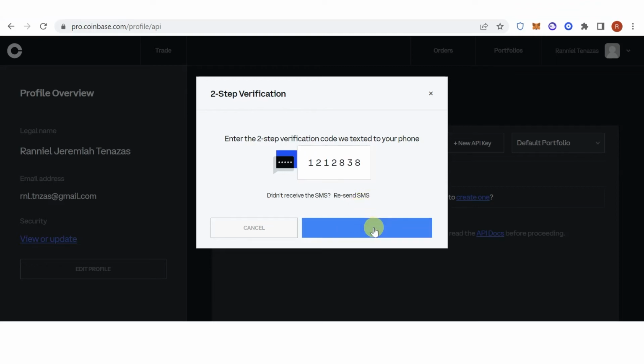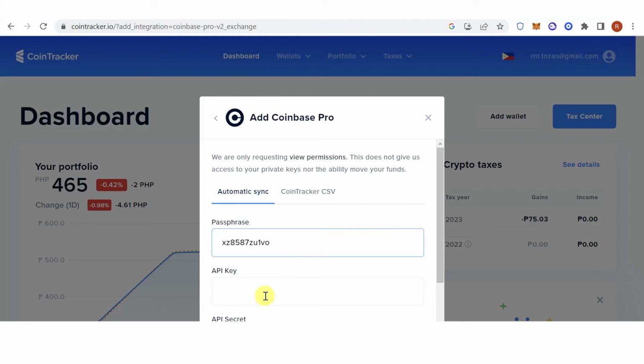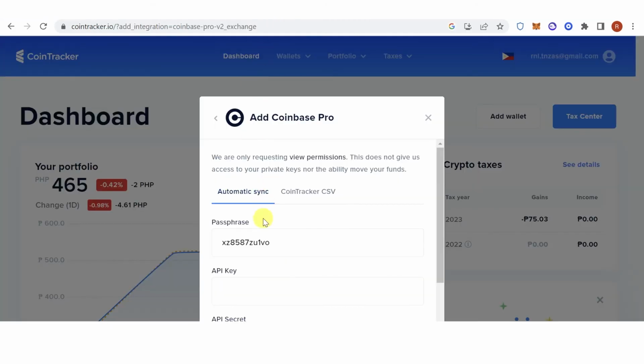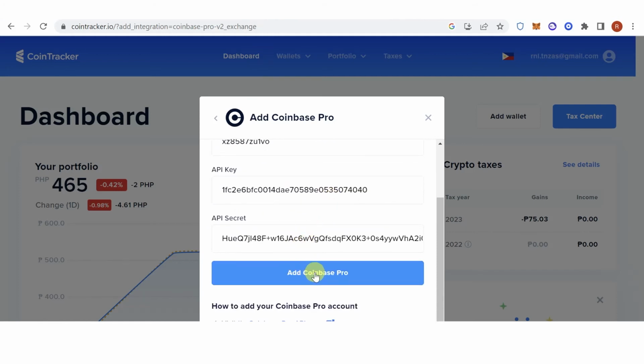click add an API key, copy the API secret, go to Cointracker, paste it here, then copy the API key, go to Cointracker, and paste it here, then click add Coinbase Pro, and now you